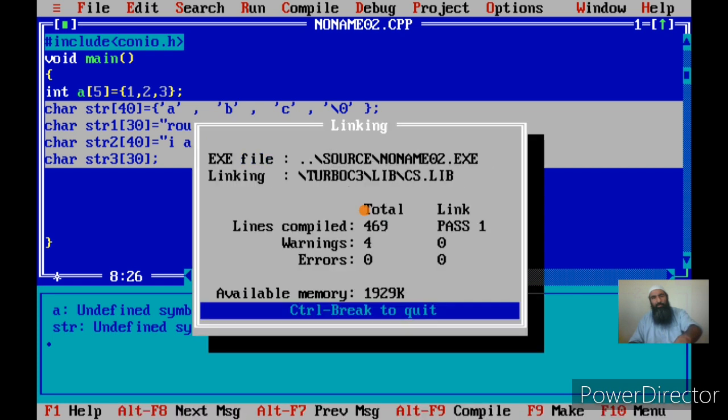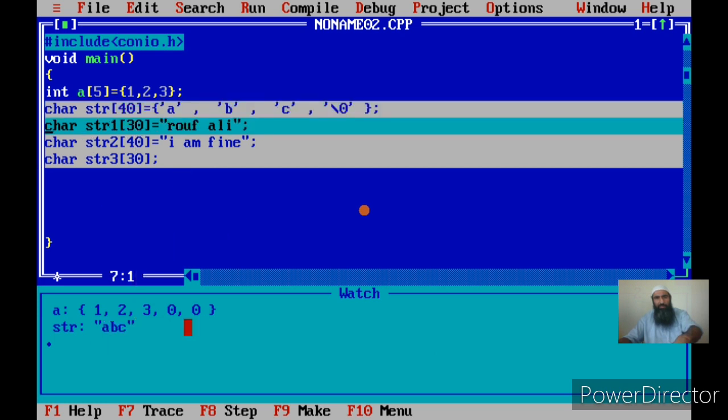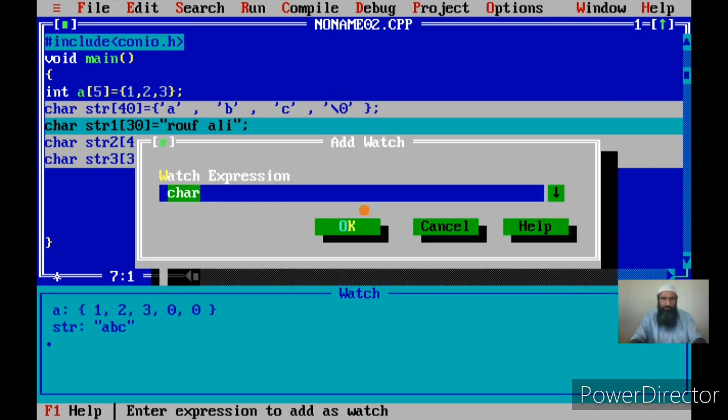Okay, let us see what happens here. I have declared an array str. Now it is initialized to abc. Let me watch these strings also. I will watch str.